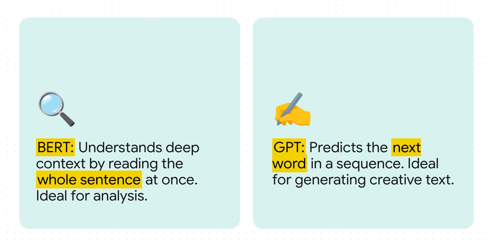On one side, you got models like BERT. BERT reads text from both directions, forwards and backwards, to get a really deep understanding of context. It's why when you type something into Google search, like who played the lead in the movie Castaway, it knows you're talking about the actor, Tom Hanks, not a literal castaway.